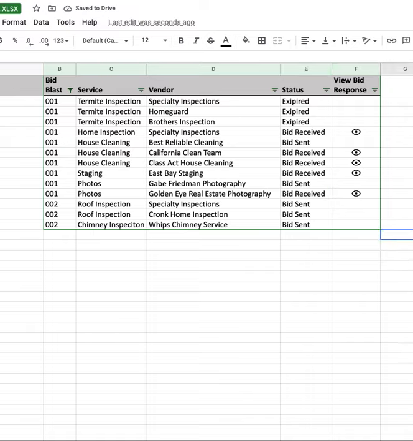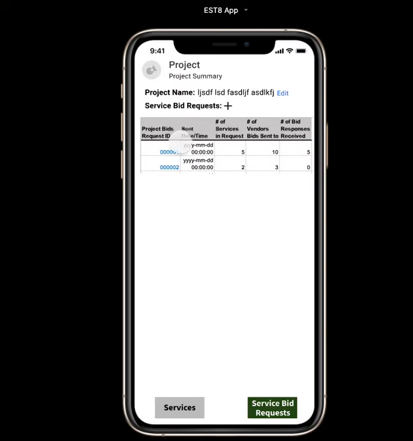So now, let's say I go back into my screen here, and I do an additional bid request that will create a third. And because the termite one expired, it'll show termite. And maybe I now want to expand my range to the people that I sent it out to before, my 3 preferred vendors, but maybe I want to add anybody in a certain radius. So what that would do then